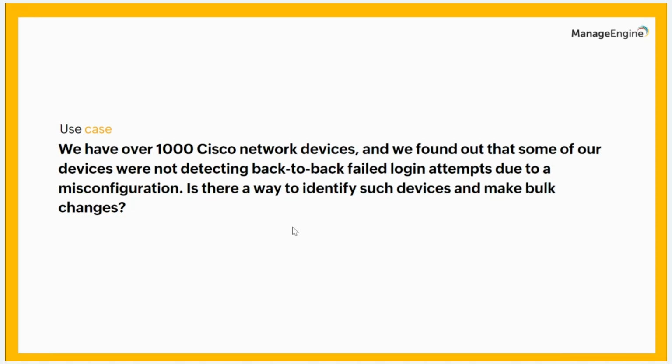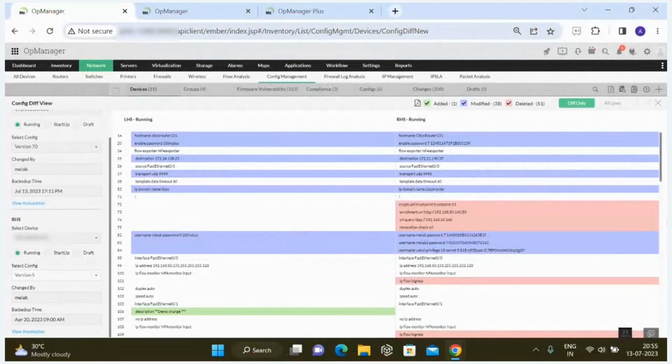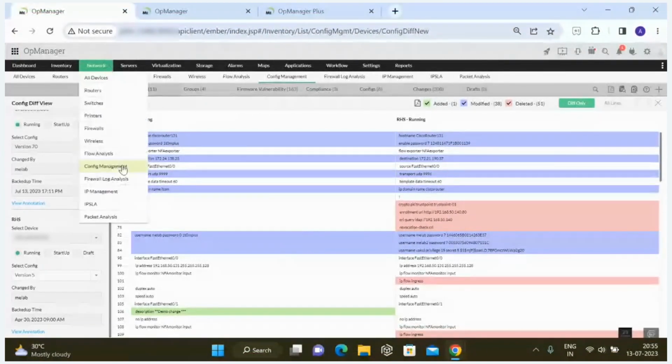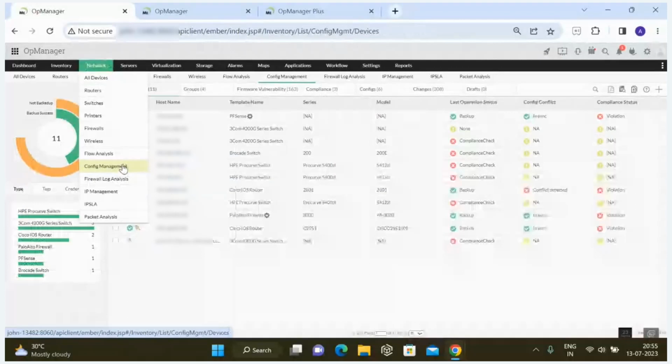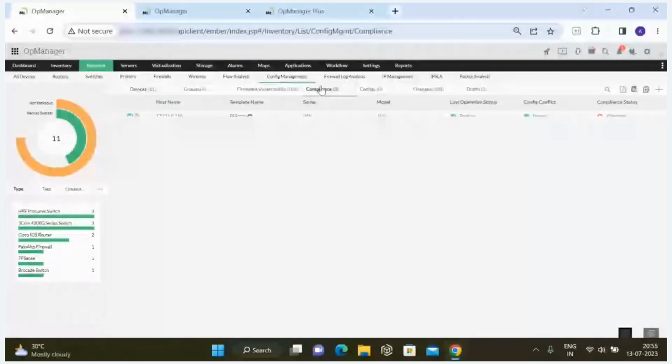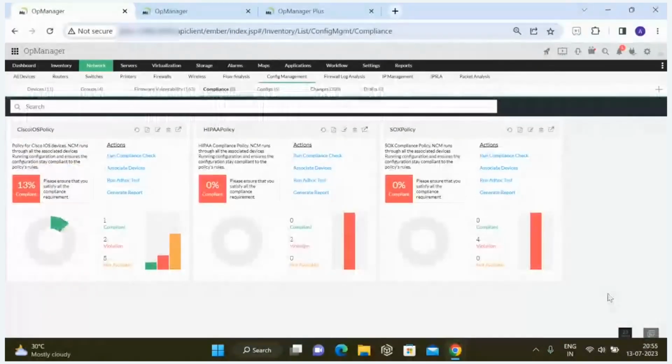So hence you require a module like this to make your task hassle-free, and it helps you achieve auditable network compliance across industry-specific policies. Again, let's navigate to the product to see how this feature works. For this, navigate to network, config management, and here you have something called compliance. Click on that. So every time a configuration is backed up, the config management module will automatically run a compliance check on the configurations that are